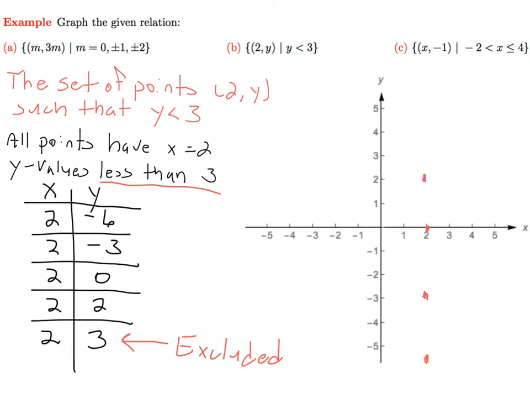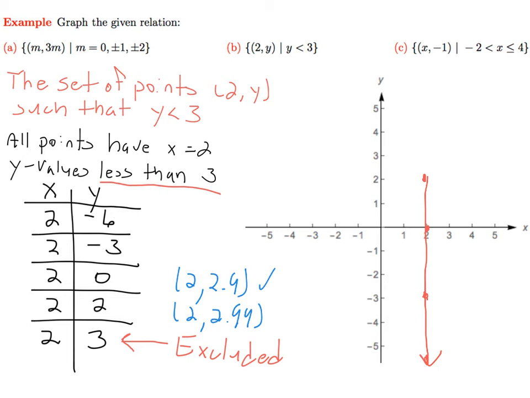So it would be tempting to, for example, draw a line like this because here we need to consider all values of y that are less than 3, so not just these integers. But if I draw this line, I've missed some points that would be on this. So for example, the point 2.9, that satisfies this relation. The point 2.99, that satisfies this relation. So we need to include points that have a y-coordinate bigger than 2, but they need to be less than